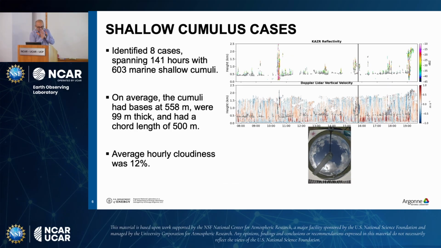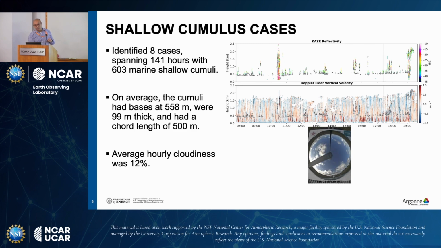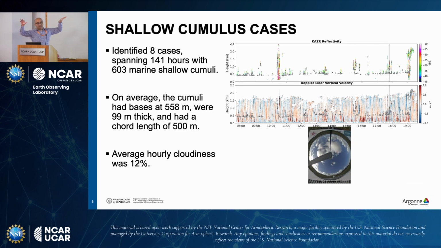Pretty good. In the middle panel, you can see vertical velocity, positive is going up, negative is coming down, and you can see some very strong vertical air motion. It's about 1 meter per second updrafts, even though the clouds are very thin, right? So that's an interesting thing, very strong updrafts happening in these cloud systems. You don't see that much of strong downdrafts. That's a thing to notice. And that means that with a very strong updraft, you have a broad, very weak downdraft. That's the system we are looking at in this case.